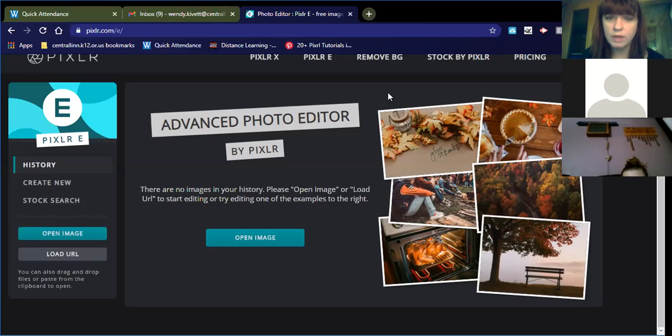All right, so like I said, we're going to be doing a composite. So the first thing you have to do is open an image that you're going to be using. Your background image needs to be the image you're going to see more of. So I'm going to open